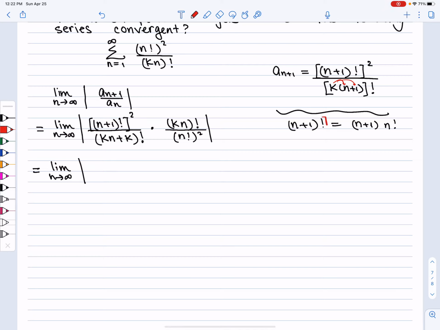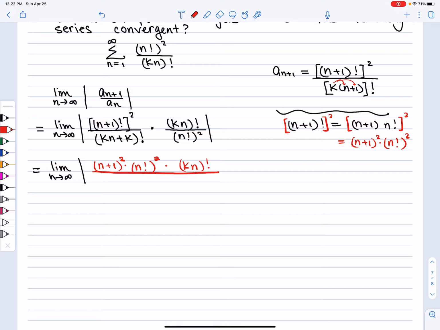And if we want to square both sides, then this is equal to n plus 1 squared times n factorial to the second power. Okay, so let me write that down. N plus 1 squared times n factorial to the second power times kn factorial over,